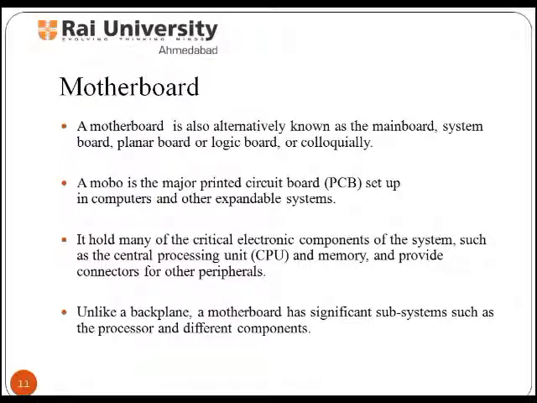A typical laptop or computer has its microprocessor, main memory, and other essential components connected to the motherboard. Other components such as external storage, controllers for video display and sound, and peripheral devices may be attached to the motherboard as plug-in cards or via cables. Now, how do we identify these components?